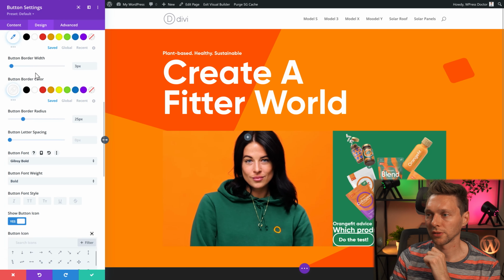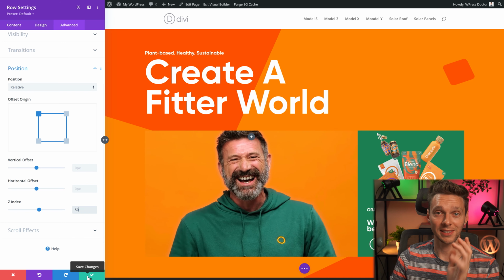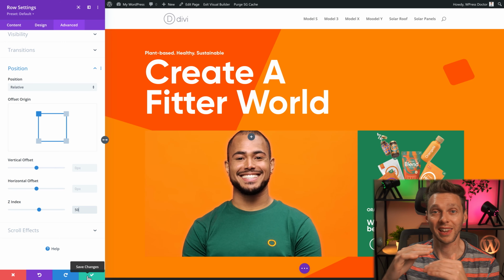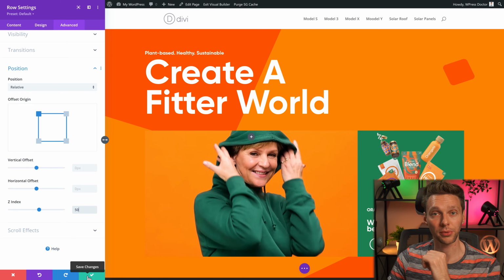What I also see is that this one is uppercase, like this. Then it's a bit smaller. The next step is actually to put this row behind this row. How are we going to do that? Well, you go to your row settings of the first one. We first need to change the position, the z-index. Let's change this one to 50. The z-index actually tells the browser on which level these rows need to operate. It's very useful. Let's change it to 50.